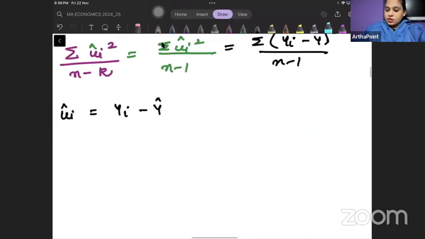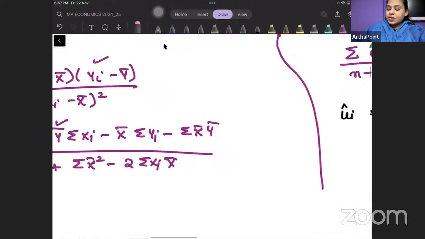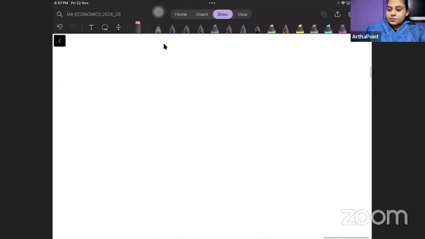Right? Okay. Any doubt in this? Anything else? Okay. The last part, let me explain. So it is asking find mean square error, right? So mean square error,